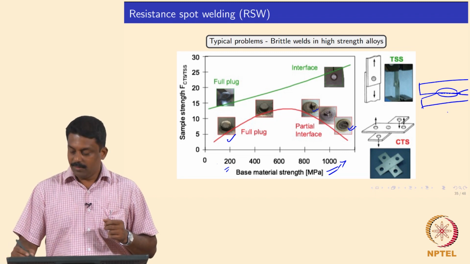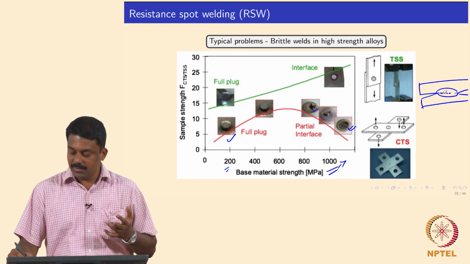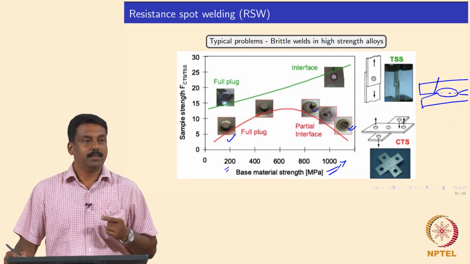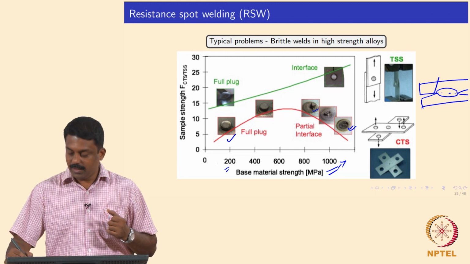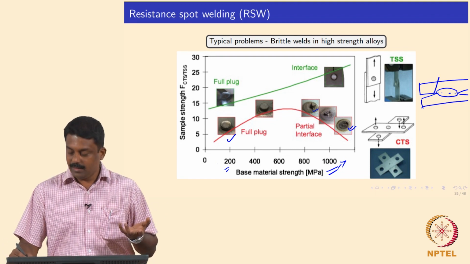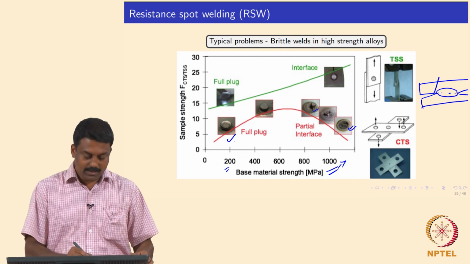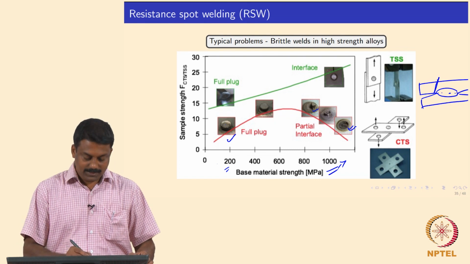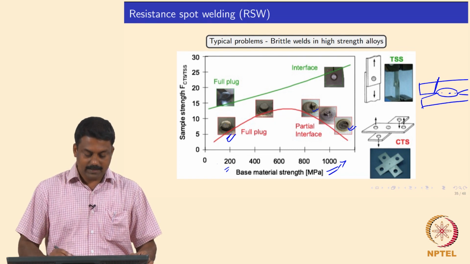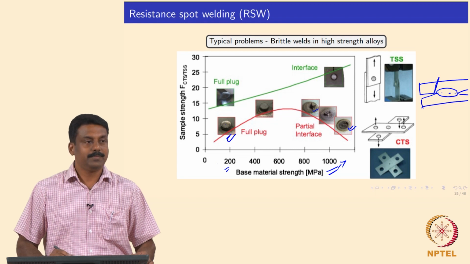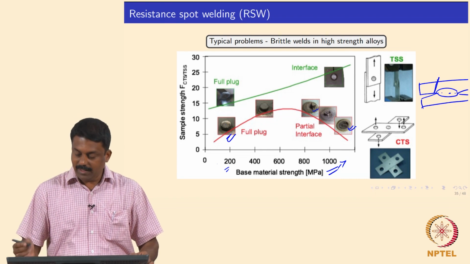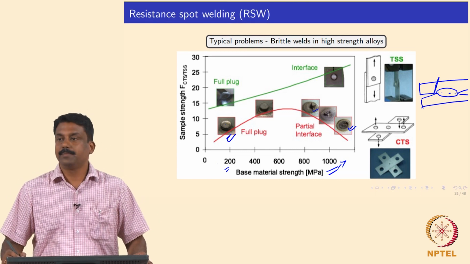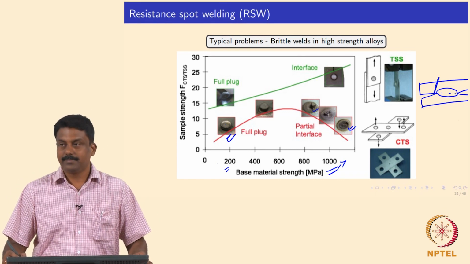right. It is clear. So, for the ideal case, if you want to have a plug ratio of 1, you will have to have a failure somewhere over here, is not it. So, the cracks would propagate and then fail somewhere here, that means that you have a plug intact, something like this. So, in this case the failure has happened far away from the fusion boundary, is not it. So, that is why you have a plug intact, a full plug, and then you can also identify the strength from the test. It is clear. How is it working? How do you qualify?